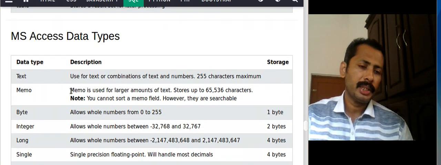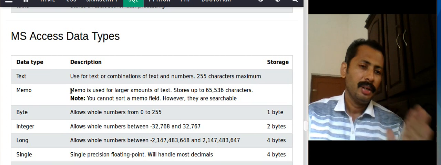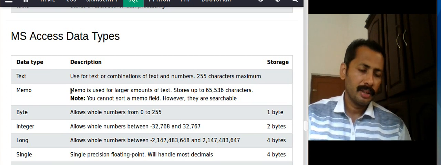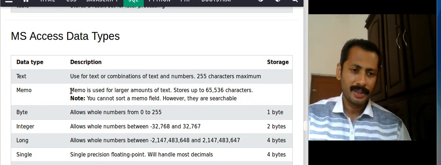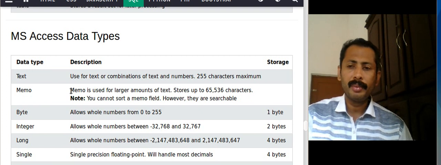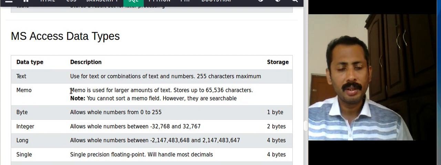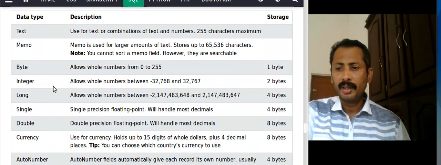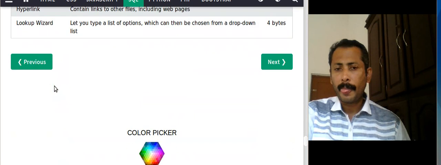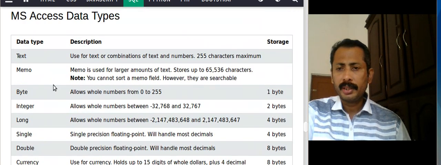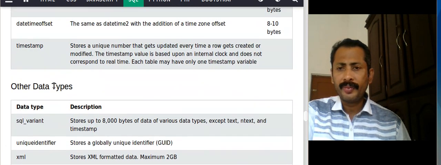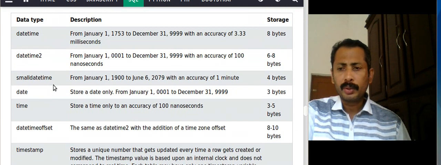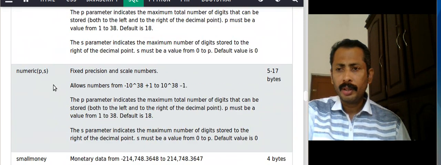So SQL is a standard used in different DBMS, and each DBMS has its own keywords for defining these fields. Okay, so this was a slide from W3Schools.